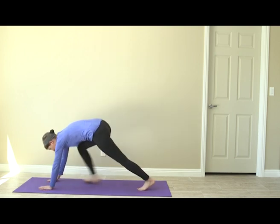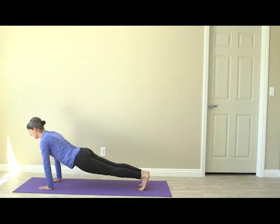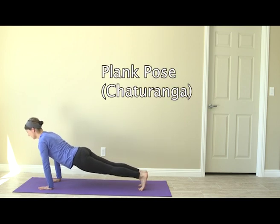In Chaturanga, the joint actions include maintaining a neutral spine, retraction of the shoulder blades, elbow flexion, forearm pronation, wrist dorsiflexion, maintaining neutral hip extension and knee extension, and dorsiflexion of the ankle. The serratus anterior is contracting to prevent winging of the scapula or shoulder blades in this posture. The rotator cuff muscles and deltoid are contracting to stabilize and protect the shoulder joint, and the pronators are working